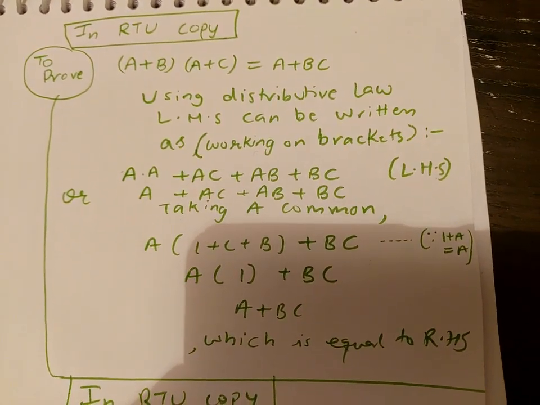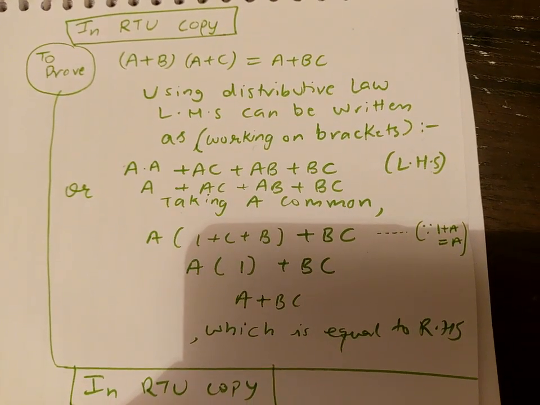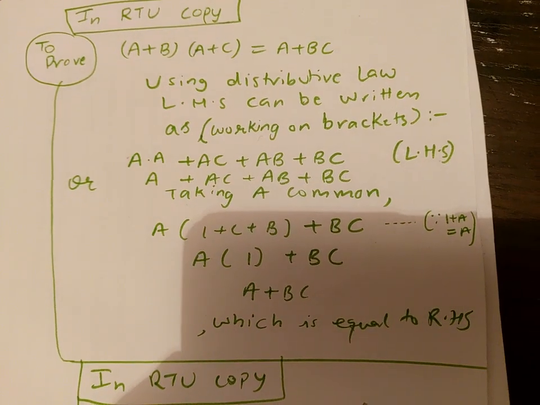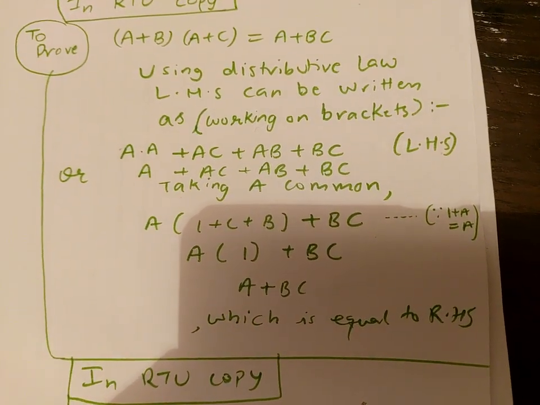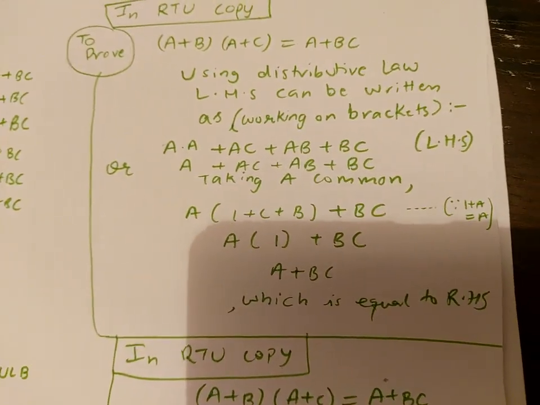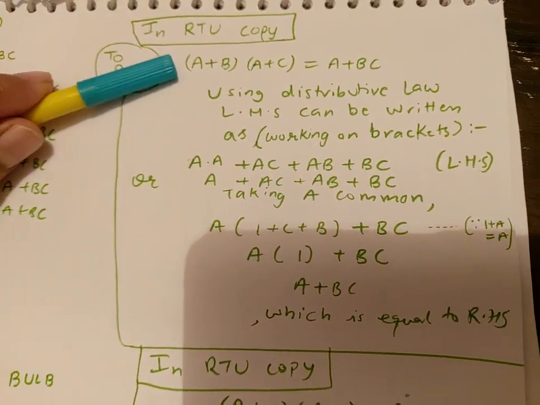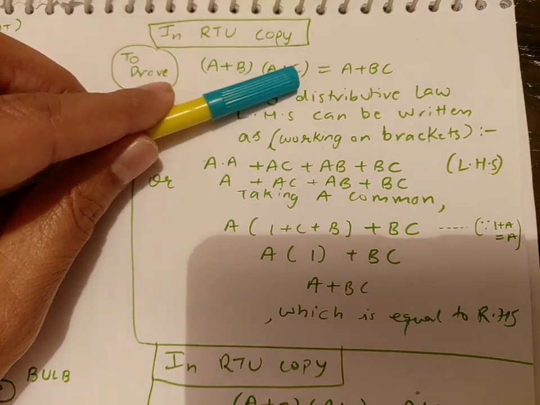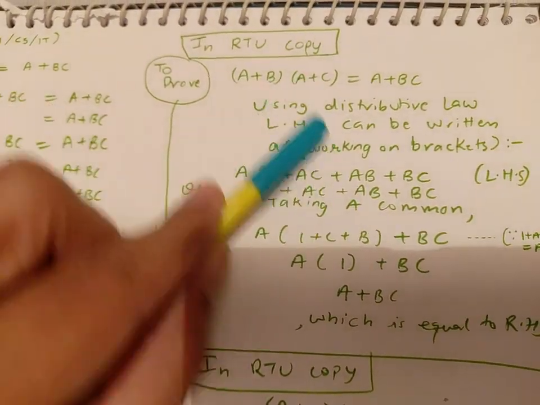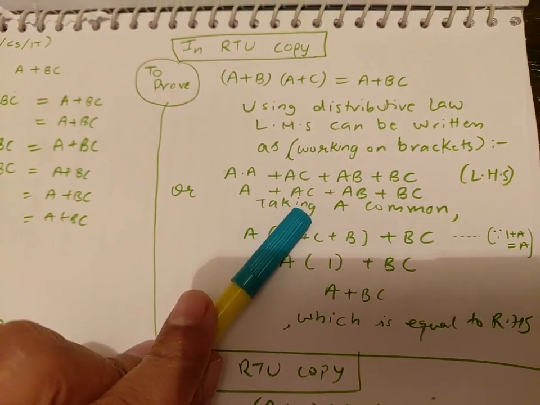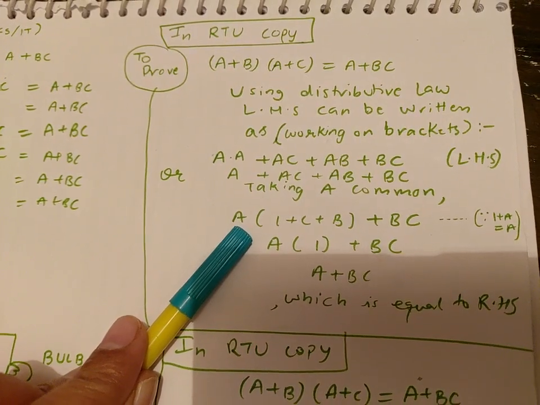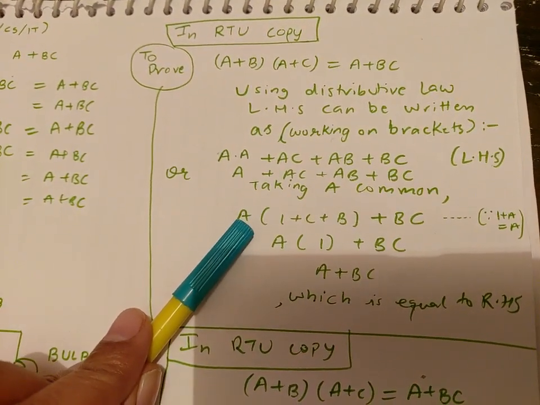One solution can be this one. Using distributive law, on the left hand side we can evaluate the brackets and progress like this as shown. If you want to go step by step, you multiply A with A and C to get this, then B with A and C to get this, taking out A common, and when we pull out A literal or variable, whatever you want to call it,